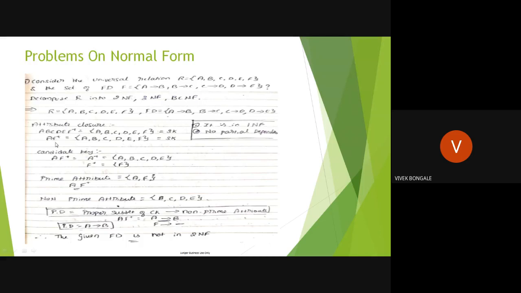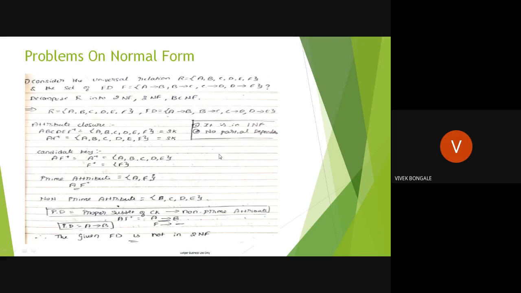So lastly, from the attribute closure, we're trying to find out whether this AF is a super key or not. Sorry, a candidate key or not. Right. So we find whether that attribute closure is a super key, candidate key or not. That attribute closure should be a super key. Then on the super key, we try to find out whether the super key is a candidate key or not. To make a candidate key, first that attribute should satisfy the super key condition. Then only can we apply some steps over that super key to find out whether that attribute is acting as a candidate key or not.